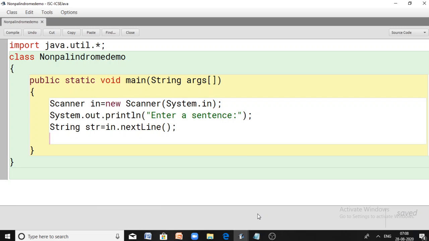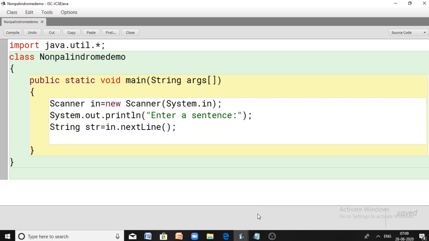So how can you check whether the last character is a dot or question mark or exclamation mark? If you know the length of the given string, then the index of the last character is the length of the string minus 1. In that case, you check whether the character at the last index is a dot or question mark or exclamation mark.